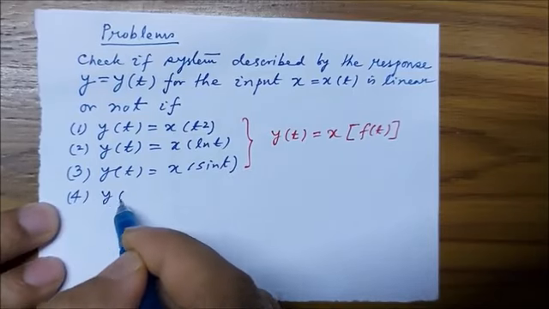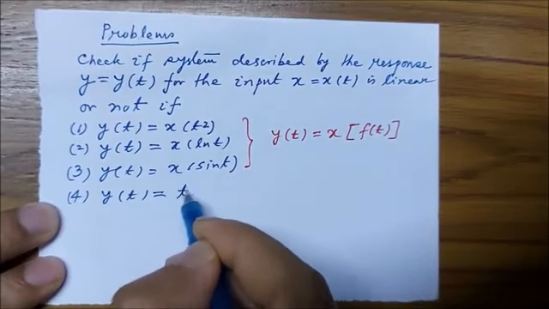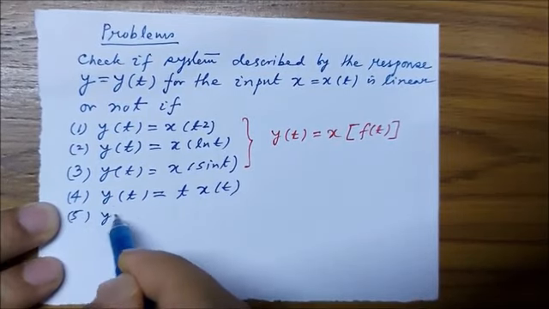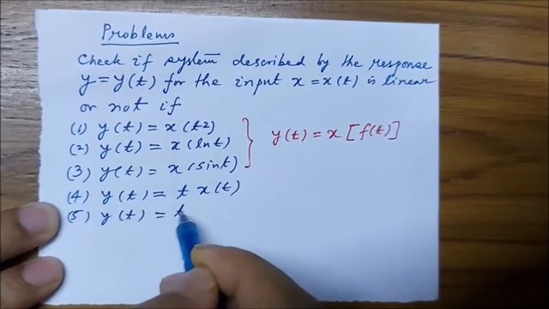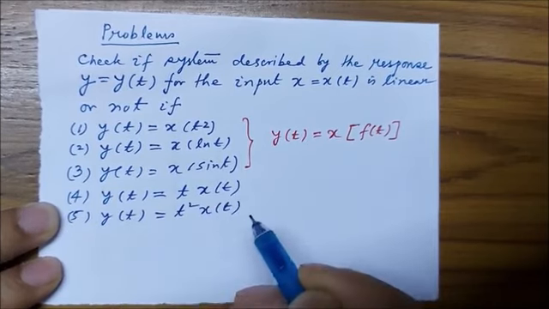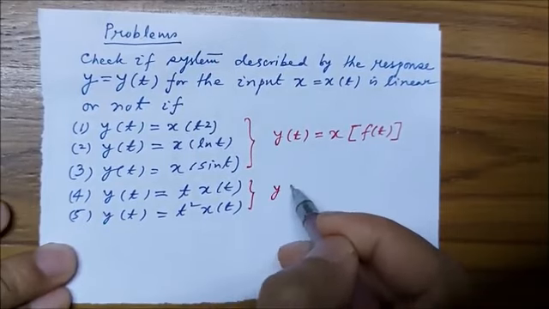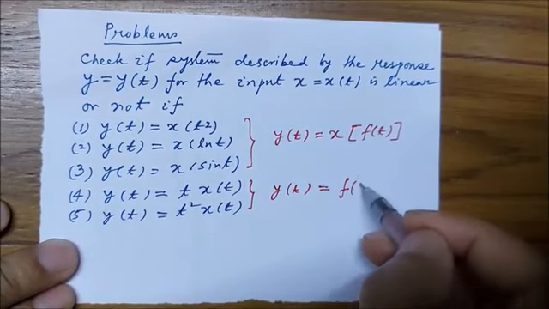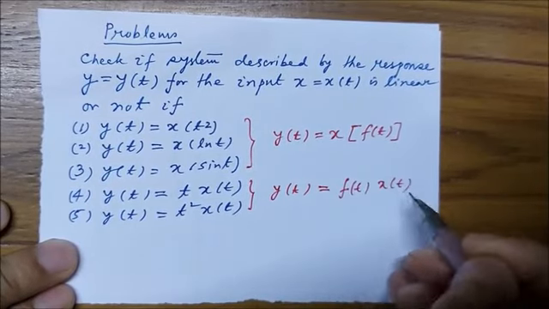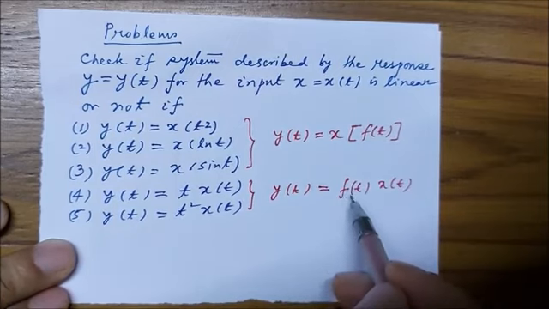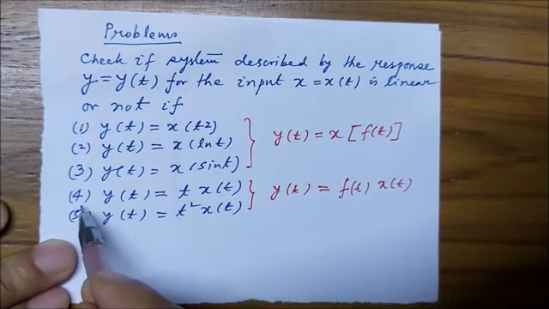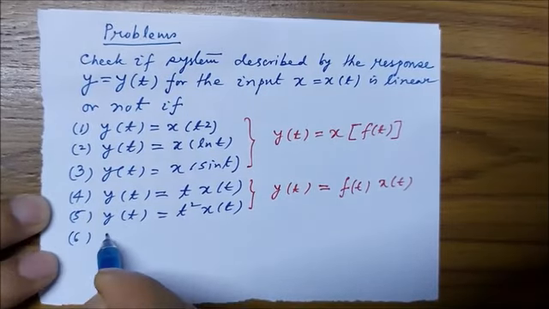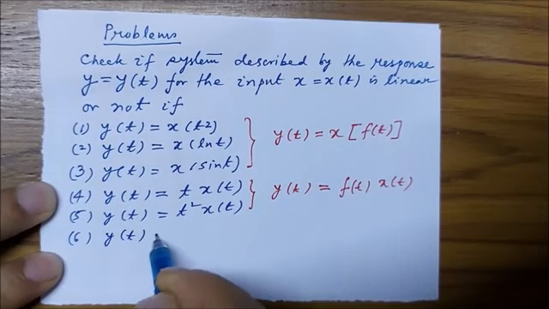The fourth problem says that y of t is t into x of t. The fifth problem is t square into x of t. The fourth and fifth problem again are similar. So f of t, x of t type, where f of t is t for problem 4 and f of t is t square for problem 5. The sixth problem is y of t equal to